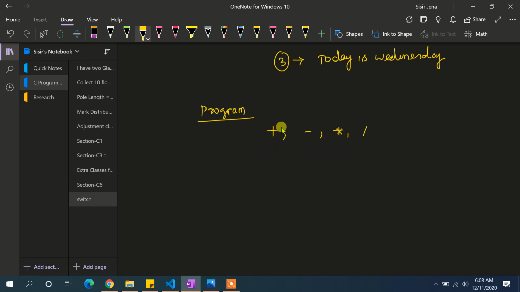You allow the user to enter an operator, and according to that operator, you need to take 2 numbers from the user, execute that operation and show the result. That is our objective of this program. I recommend all of you to go and watch the if else if ladder video so that you can understand this program, and it is quite easier to execute in switch case.